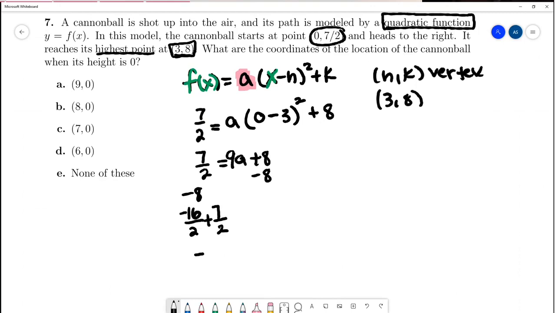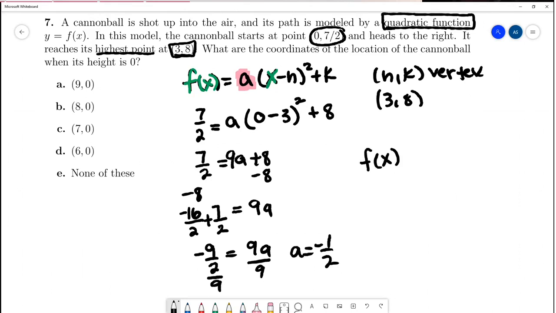So that's a negative 9 over 2. On the other side, we have 9a. When we divide both sides by 9, we get a is equal to negative 1/2. So now we know that the path of our cannonball is modeled by negative 1/2 times x minus 3 squared